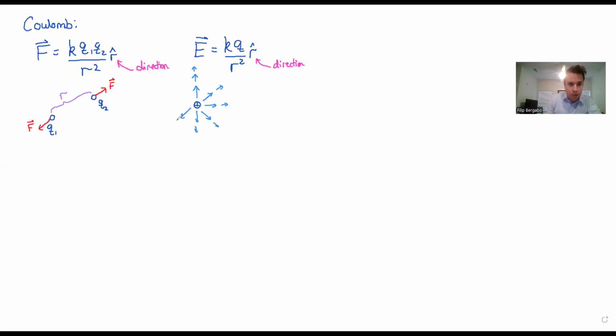Try to make it nice and symmetric. Okay. And maybe I'm a little OCD. I'm going to remove one of these top ones to make it look nice. There we go. Nice. And the opposite is true for a negative charge, that the electric field set up by